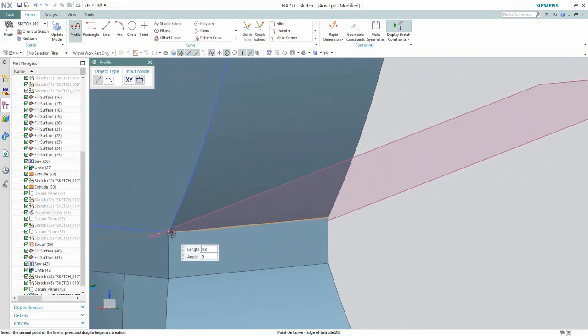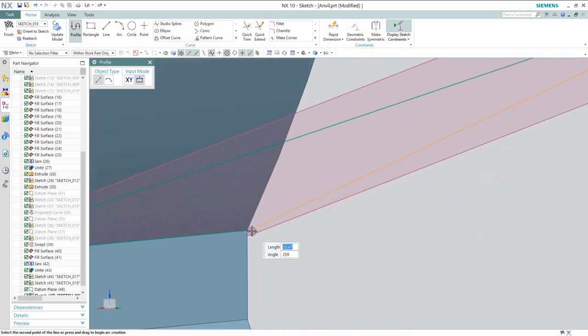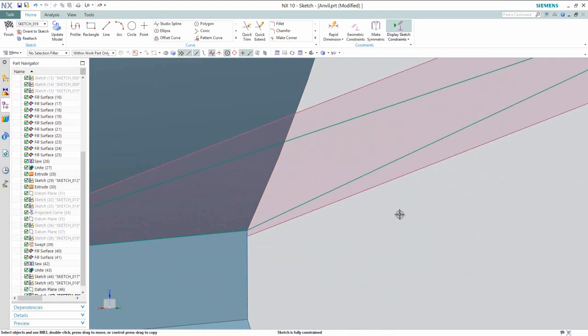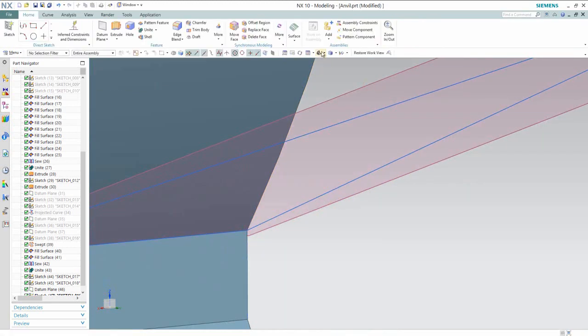Now create a line from this point and this point, this point. OK, close the sketch profile. Finish the sketch.